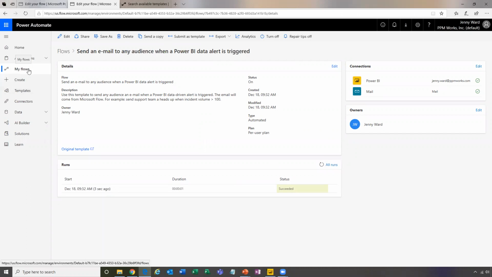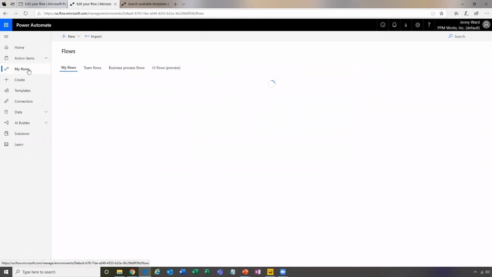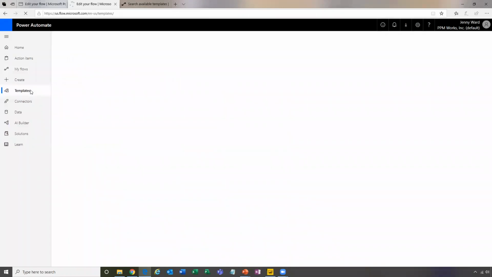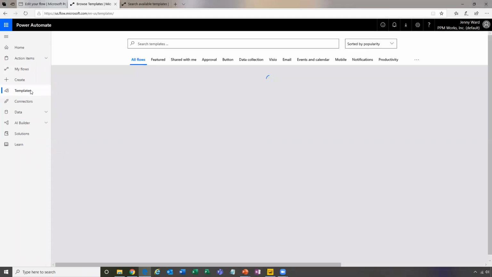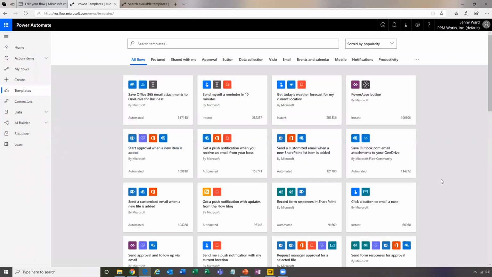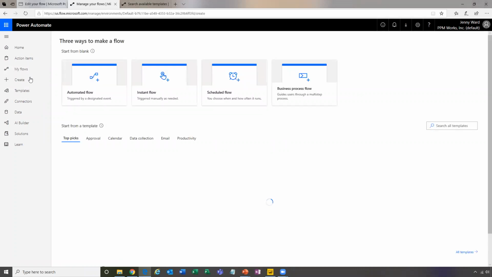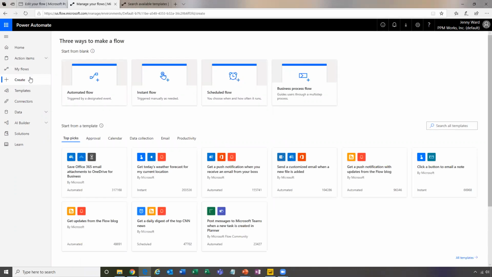So we went through the list of my flows here, okay, the my flows that are just my own versus the team flows that are shared with others. We went through different template options, okay, where you can see the most popular ones at the top of the list here. All right, I encourage you to play with those. Now there's just, what if we just want to create one from blank? You don't really find exactly what you're looking for. We're not actually going to go through creating a blank one here, but I just want to show you the